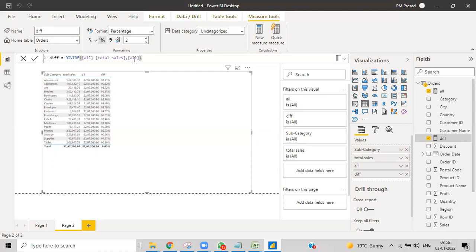A minus B by B or A? No, final value only. A minus B by B only. That's it. Okay, then A minus B by B.